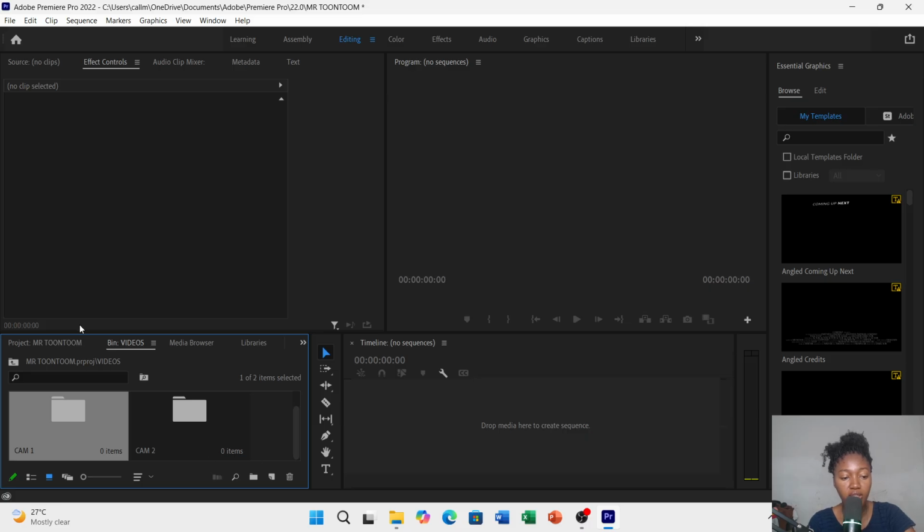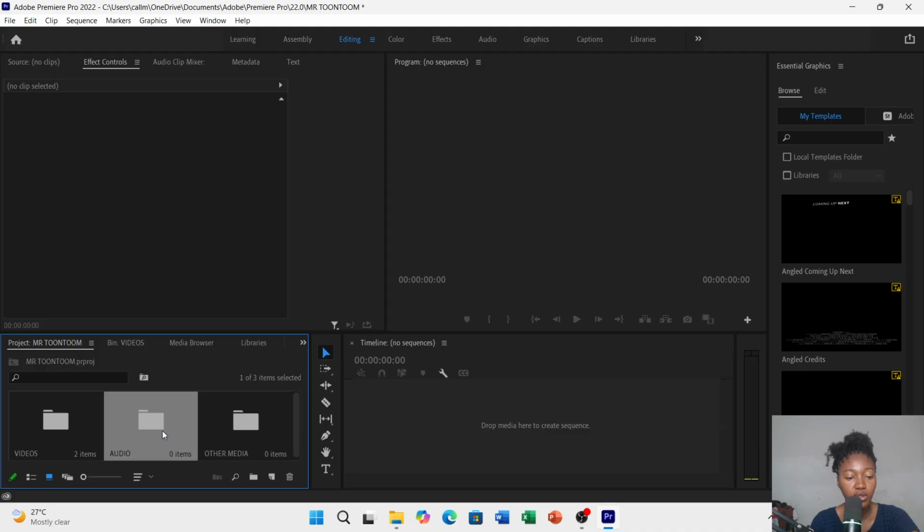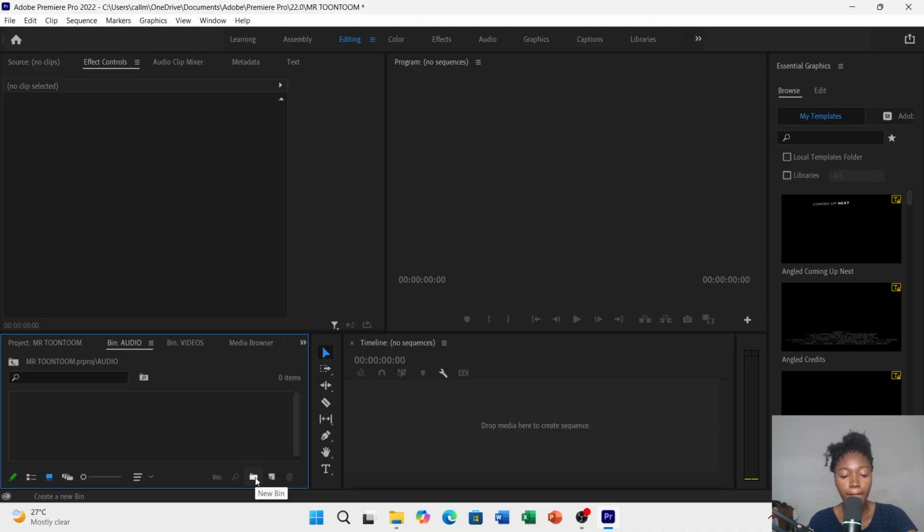Okay, and then you go back. So if you want to go back, this is where you click, this is the back icon, and then it comes to the audio. So for the audio, you're going to create the same thing, 2 bins,